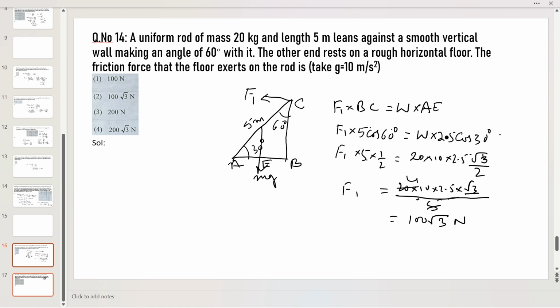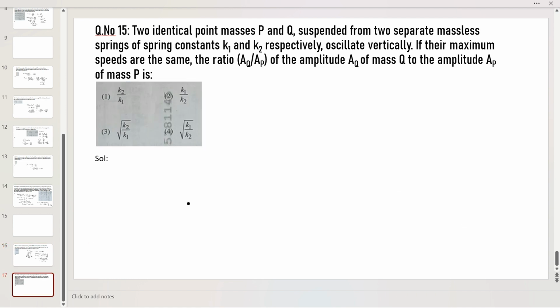Now I am moving to another question. Here you have to find the amplitude. Two springs are suspended from two separate masses and oscillate vertically. Their maximum speed is the same. So your half k1 a naught square is equal to half k2